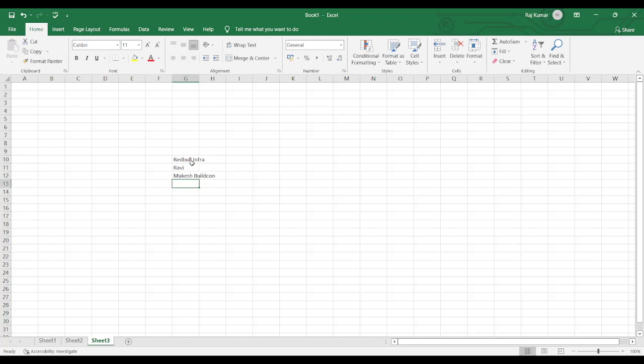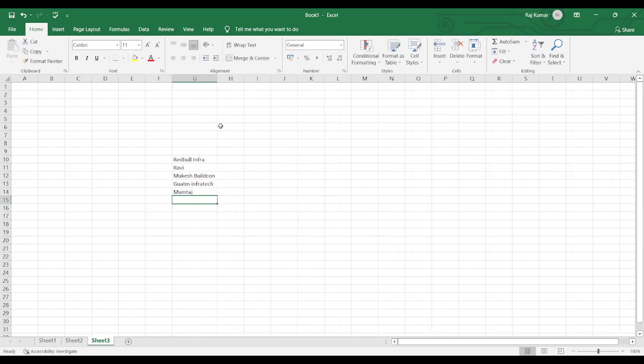Something like that, whatever you want. Suppose this is the Gautam Infratech. This is the Mumtaz. I have taken five labor contractor names for reference purposes,